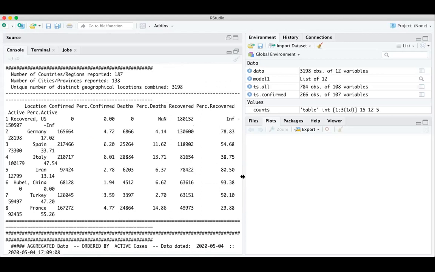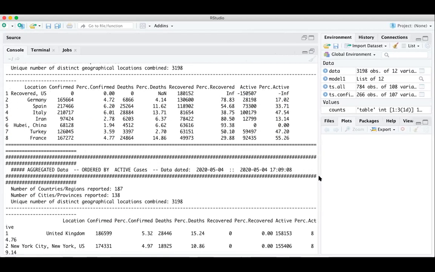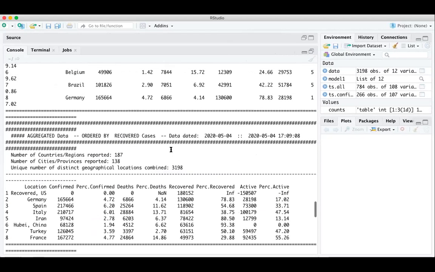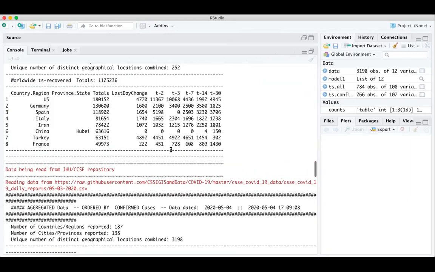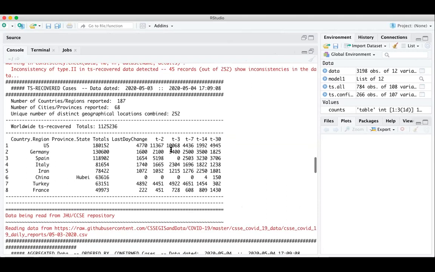Okay, this is the data set. So we took eight. Let me just scroll up. Correct, so these are the eight countries we have selected from the report summary, the first eight countries.